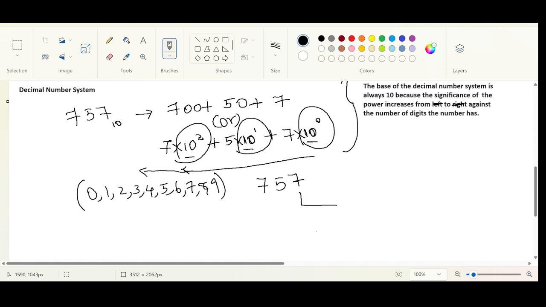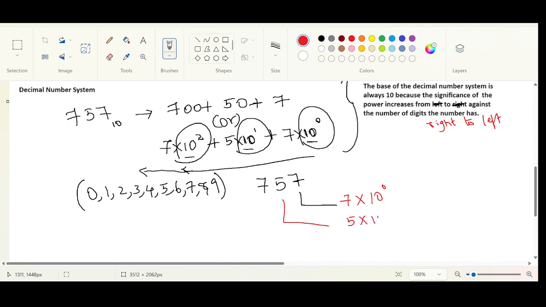I'm sorry. Right, okay. So take the rightmost digit, 7 into 10 to the power of 0,